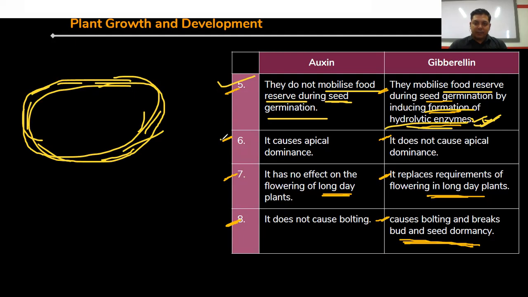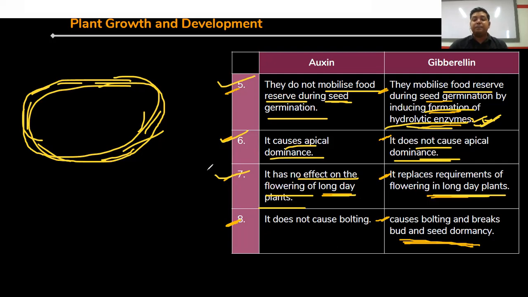The next important function of auxin is that it causes apical dominance. Gibberellin does not cause apical dominance, but it increases the length, or you can say size, of the internode. Auxin has no effect on the flowering of long day plants. So auxin is not involved in the flowering process, but gibberellin is involved in the flowering of long day plants. Clear? Later we'll discuss long day plants, short day plants, and some other plants also. But for now,